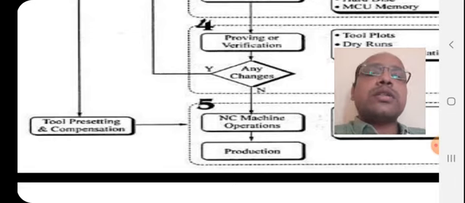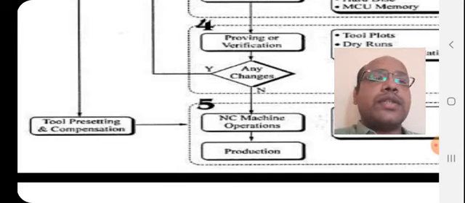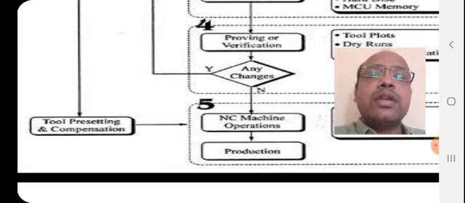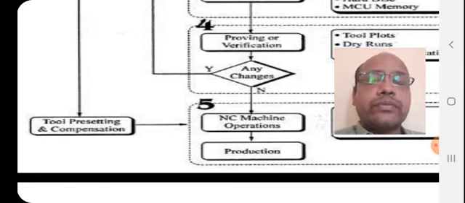So tool compensation is also considered in production. In chapter number 8 we are going to learn different G codes for understanding compensation and tool presetting. Tool presetting is generally done with the help of digital vernier calipers, which are adjusted in horizontal and vertical levels.